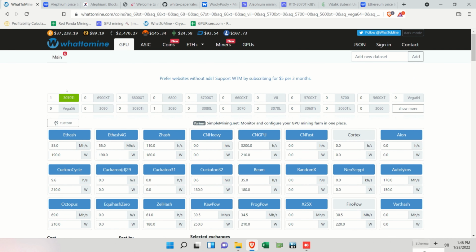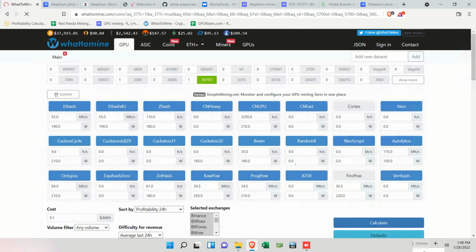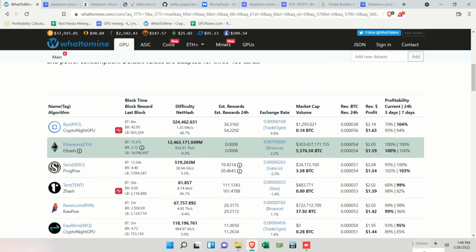So I'm using a 3070 Ti to mine Alephium. Here, if you go to What to Mine and select a 3070 Ti, I'm not really going to do anything special here. They don't have the algorithm. So what you have right here, besides Ryo, is Ethereum as most profitable, which is $2.05 and $1.59